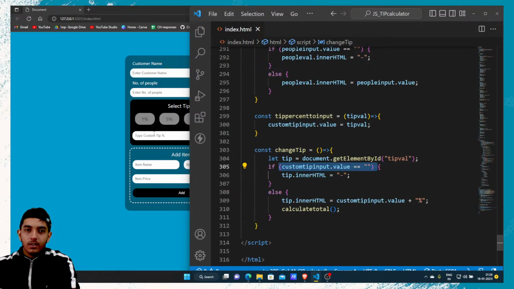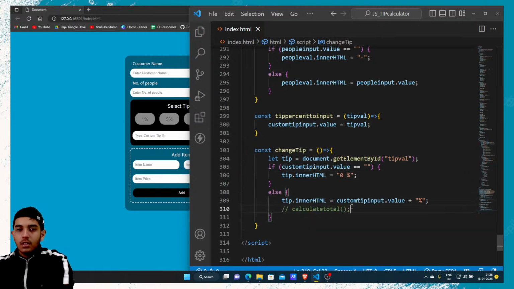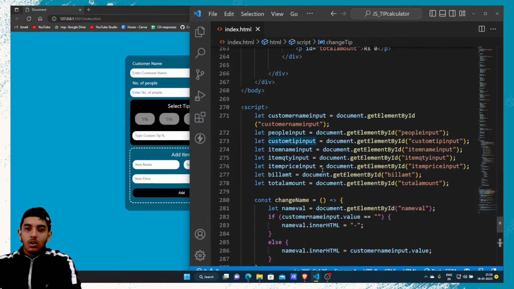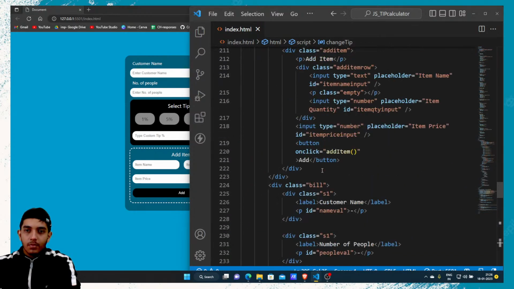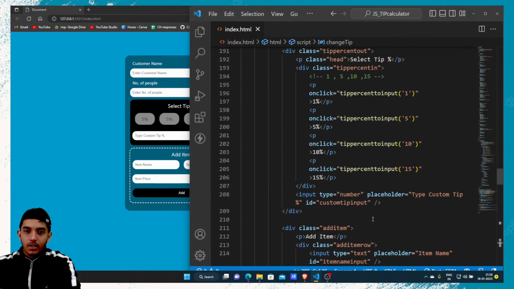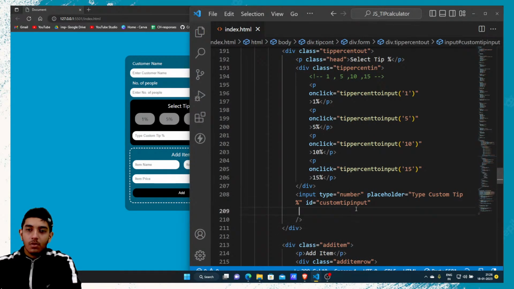If the input container is blank, then pass a dash or a 0. Better is to write 0 here, or instead you can pass whatever percentage has been written. Okay, so let's check this. If I make any changes to this input container, then what will be called